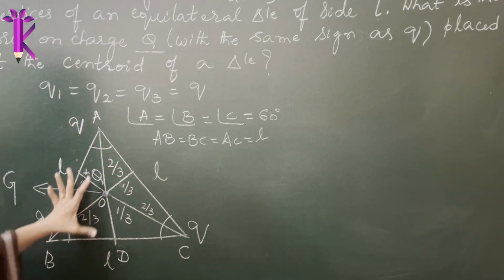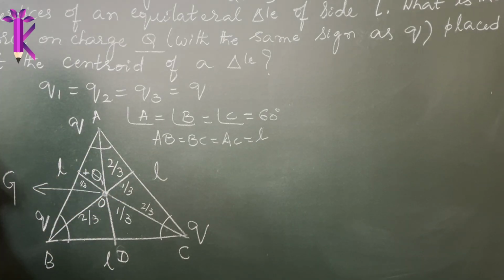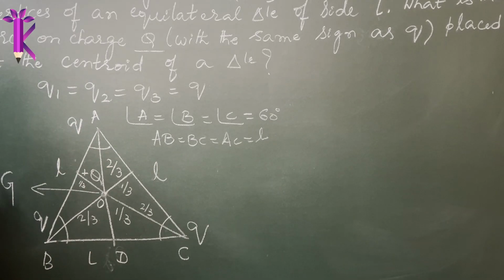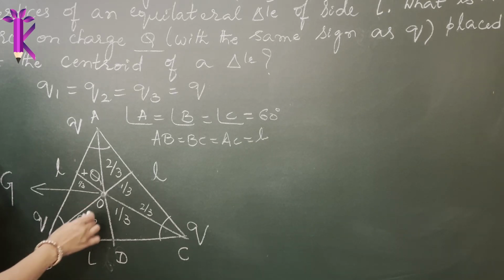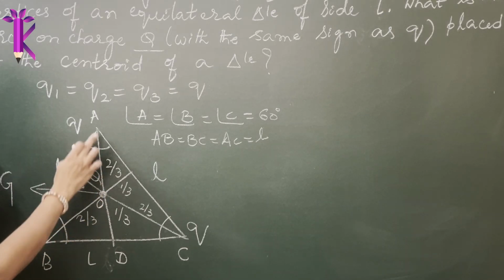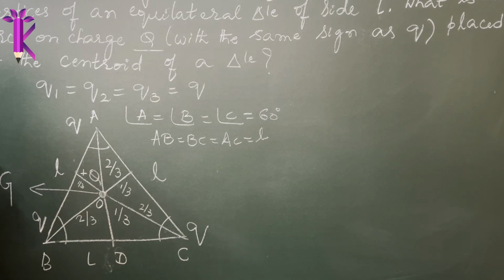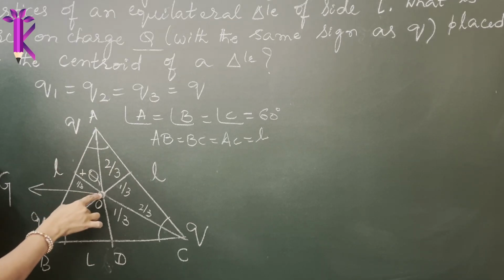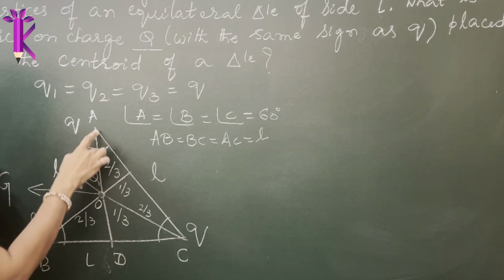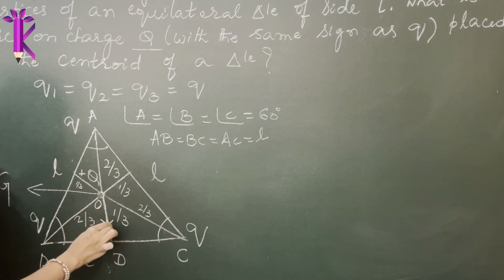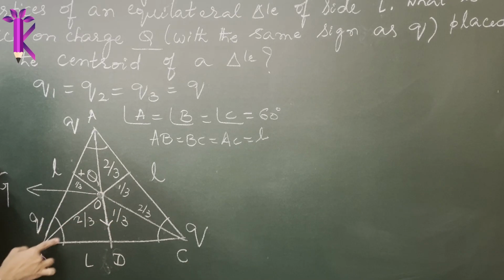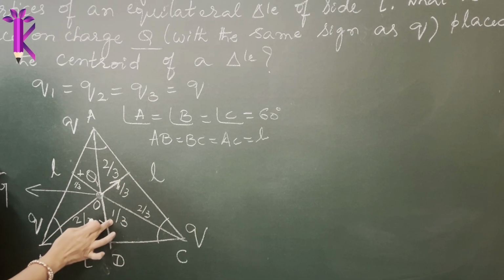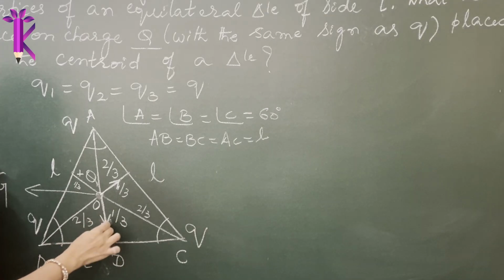Okay, now this is what you should know. Now, what else am I supposed to know? You have to calculate the force on this charge, so it will experience numerous forces. Now let's see what direction of force it will experience. The charge Q will experience a repulsive force due to A because they are of similar sign, in the opposite direction, so it will move away from A. Similarly, it will try to move away from B along this line. Since they are all of equal length, it will experience an equal repulsive force.